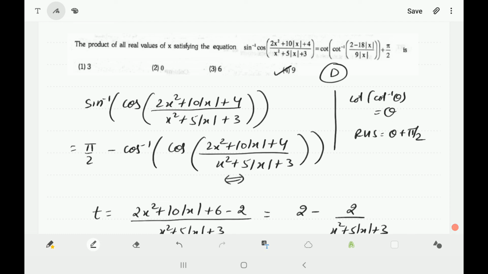One thing I need to check here is that x cannot be equal to 0, because x equal to 0 is not in the domain of this particular term. But for this term, the denominator is always positive, so there is no need to cross check the values which we got in the result as plus minus 1 and plus minus 3. So the answer for this problem is option D.